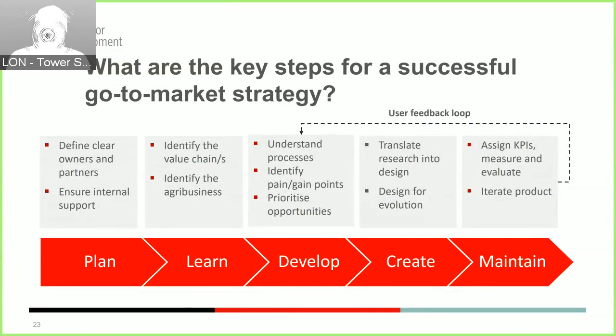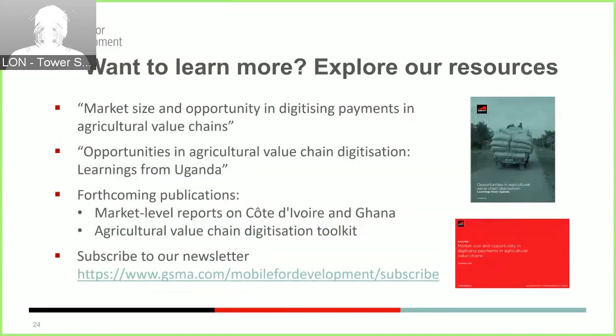So just to say, in the end, that it's very important to say that a successful service will be able to incorporate the user feedback loop, which you can see here in the dotted line. Incorporating user feedback essentially as part of the service design process means including all the different users of last mile digital tools, which in this case, when we talk about agricultural value chain digitizations, are the agribusinesses, the field, the office staff, the back office, the farmers, but also other key users. So when we look at payments, as we mentioned before, as an entry point for digitization, we, for example, have to look at mobile money agents, who are critical users as well in these initiatives. So this was the last slide about our lessons learned so far and around the roadmap for digitization.